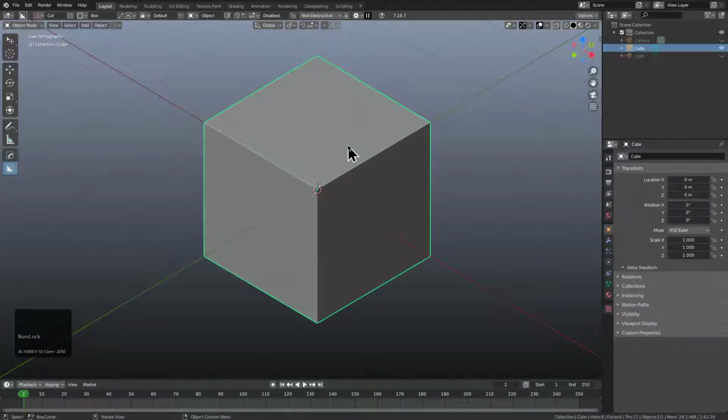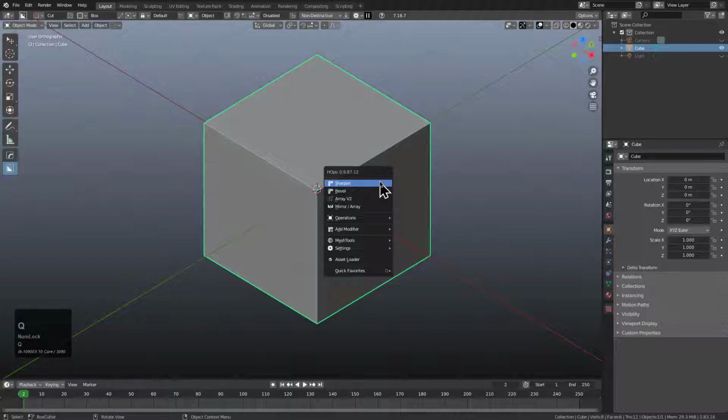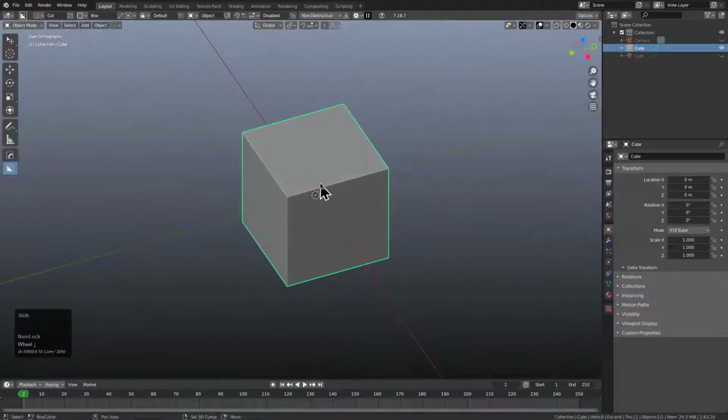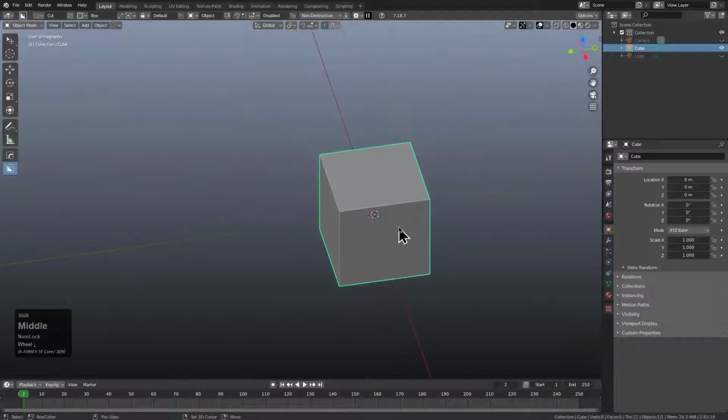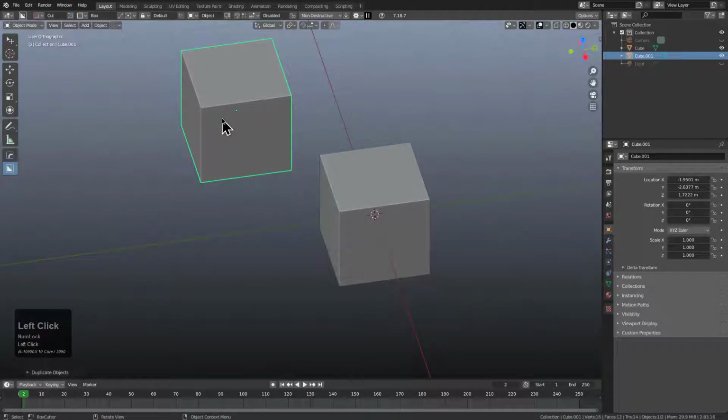So here we are in 2.83.16 LTS. If we press Q, we see that we're using an older version of HardOps. So what I want to show in this older version of HardOps is basically if we were to select this